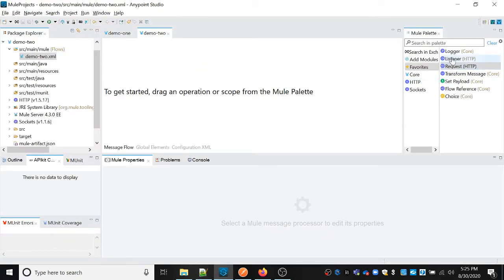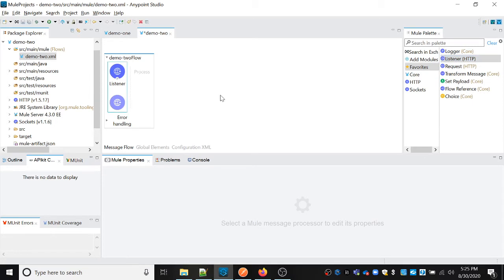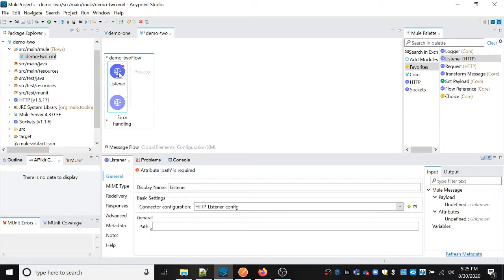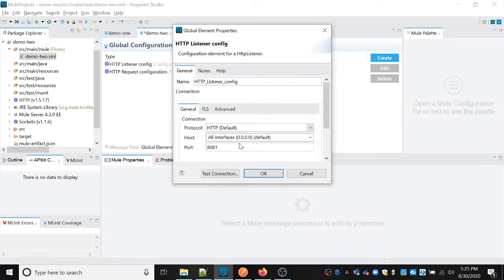Let me drag one listener over here. A listener basically creates the Mule API endpoint. I have already created this config, so let's check what we have to do here. Basically, there is nothing we have to do. There are already pre-populated default values.